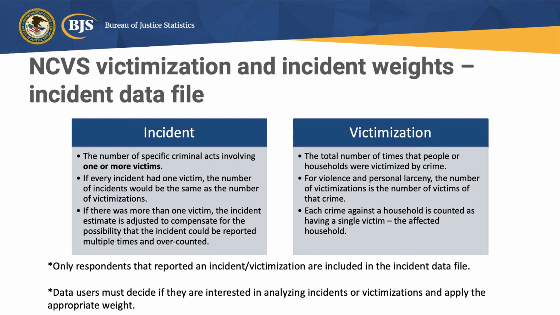So for example, let's say someone was walking down the street with a friend and they were robbed. That would be 1 robbery incident because they were together when the crime occurred, but 2 victimizations because there were 2 victims involved in that incident. So in this case, there was more than 1 victim. So the incident weight is the victimization weight divided by the number of victims in the incident, which is 2. So we don't want the incident to be reported multiple times by each of those victims and then overcounted,